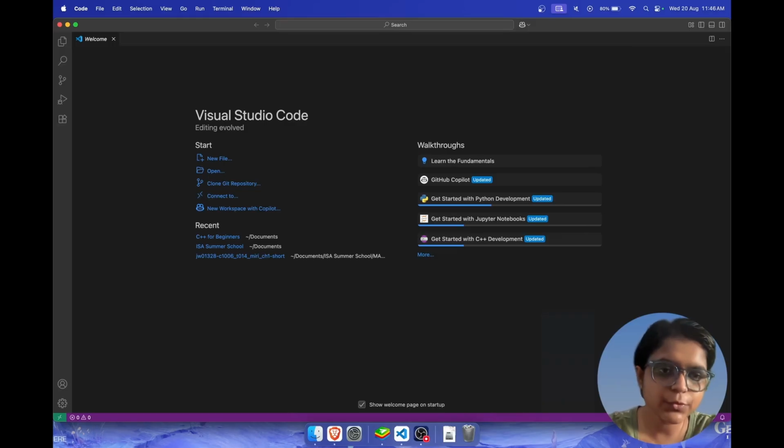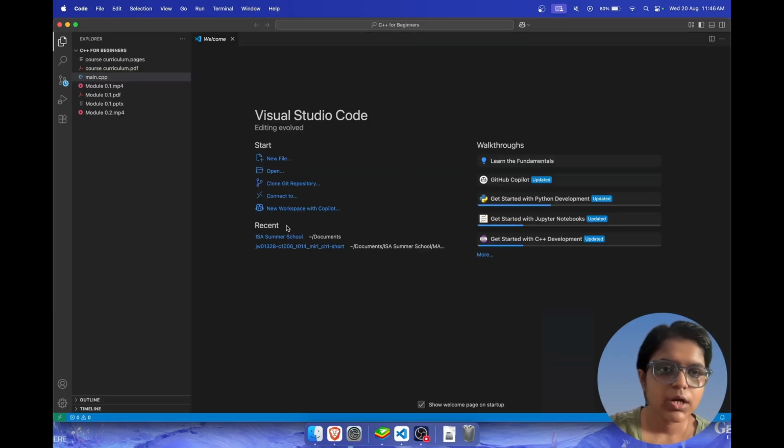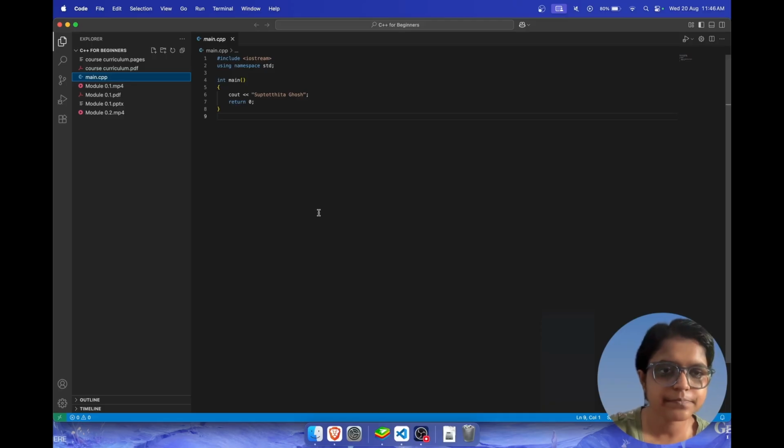So here we have the VS Code window, and since we have already used VS Code, you can see in the recent part here the previous folder that you had opened. In my case, it was C++ for beginners. In your case, it might be something else. So, the folder that we worked with in the previous lecture when we wrote our very first program is here. You do not have to go to file and open folder. You can just go here. Okay. And today I will be using the first program itself to explain certain things, and then we'll move forward.